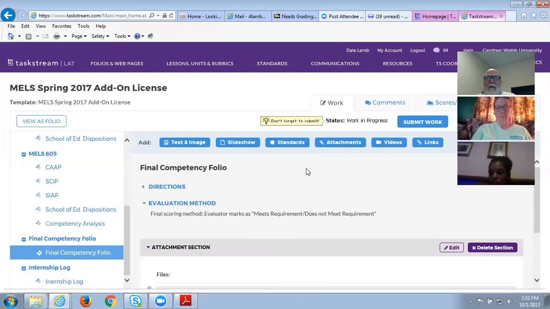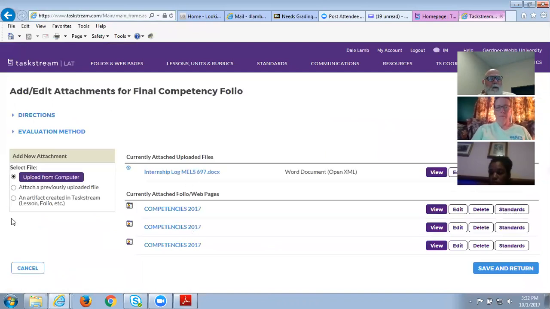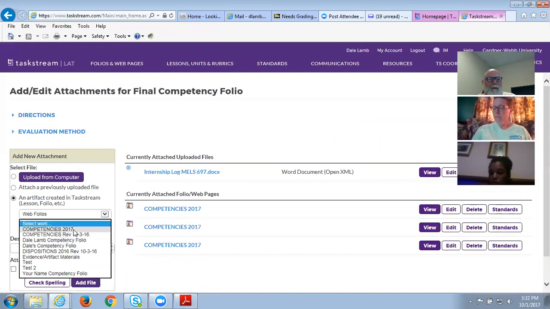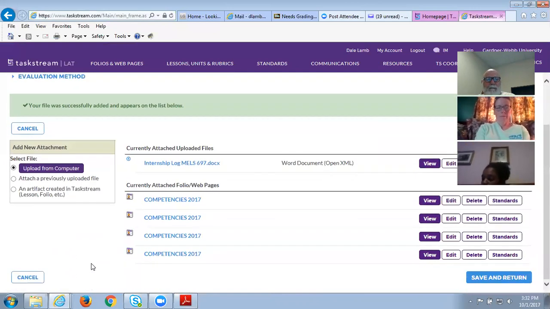And so what you do is you click on attachment and you bring an artifact created in TaskStream, a lesson, or a folio. After you click on attachment, you select a category, web folios, select work, your competency 2017 folder, add the file, save and return,